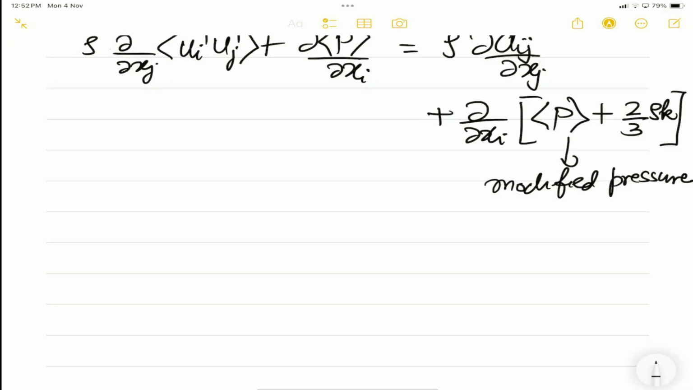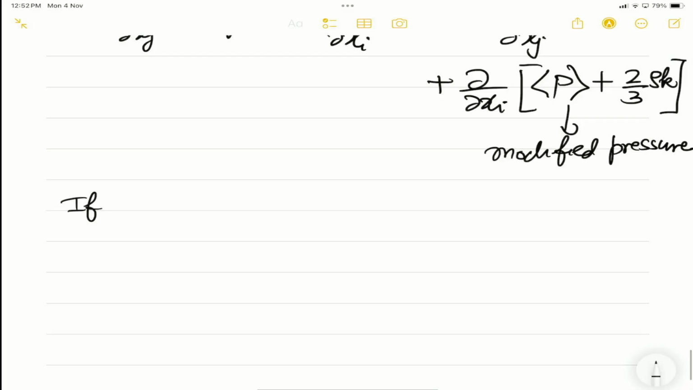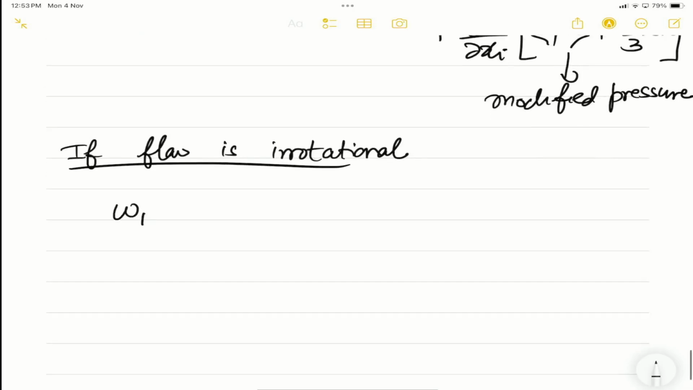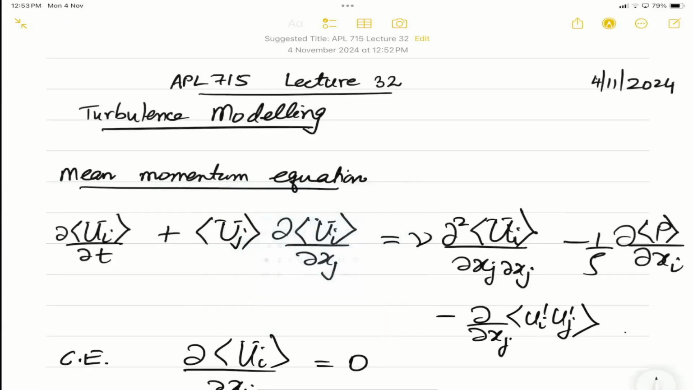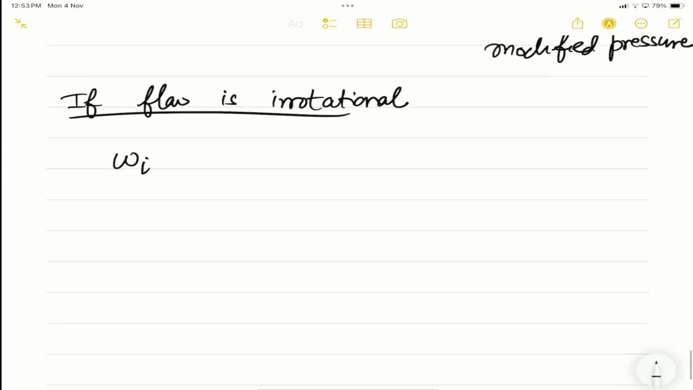Now we also observe one more thing. I'm trying to give you some insights on all the velocity fluctuation terms. If the flow is irrotational, that means omega i is equal to 0, the instantaneous vorticity. And this will imply